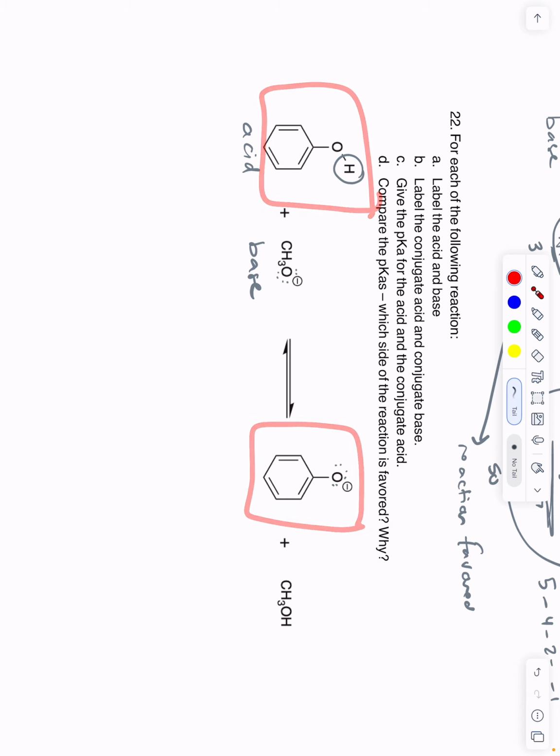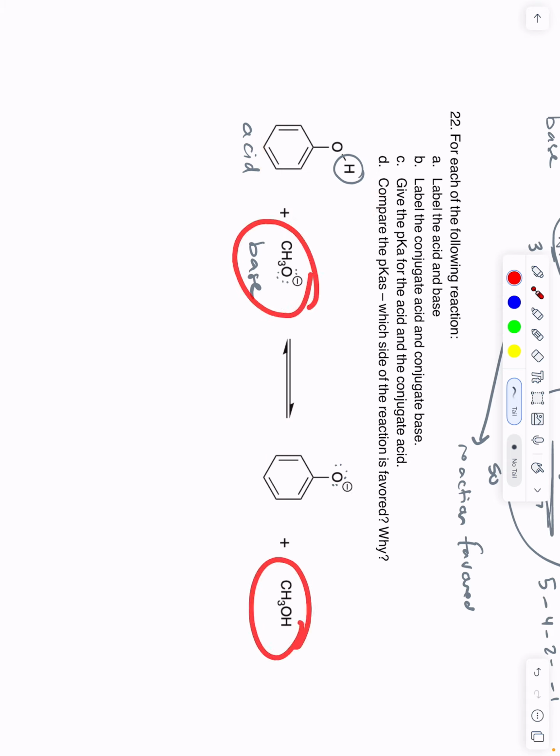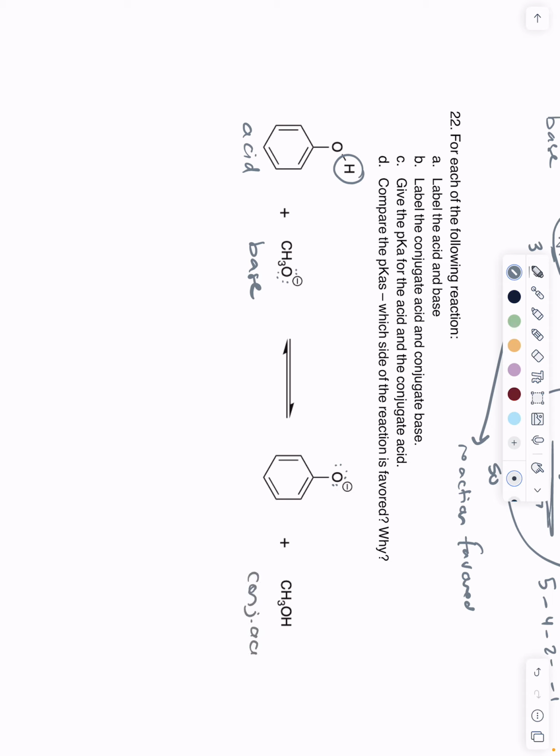Something that goes from having a hydrogen to not having a hydrogen is definitely your acid. If it's losing a hydrogen, that's your acid. Now we can look the other way, and what started with a hydrogen lost a hydrogen going this direction. So I'm going to label this as my conjugate acid and my conjugate base, because now if we wrote the reaction in reverse,